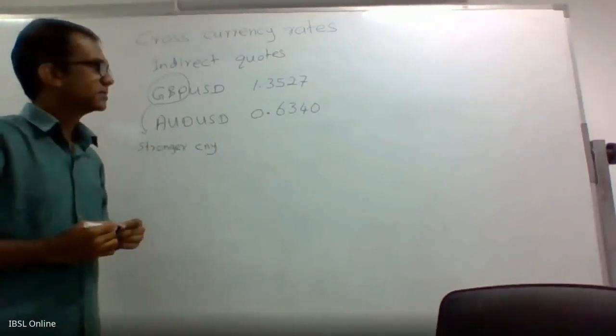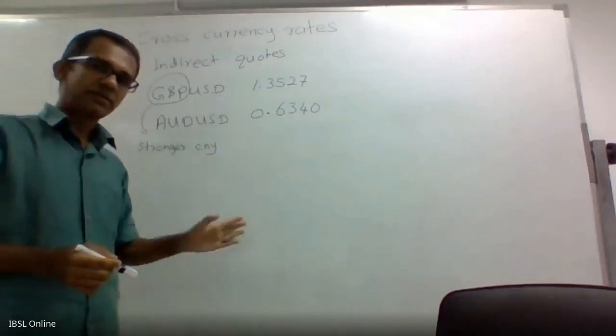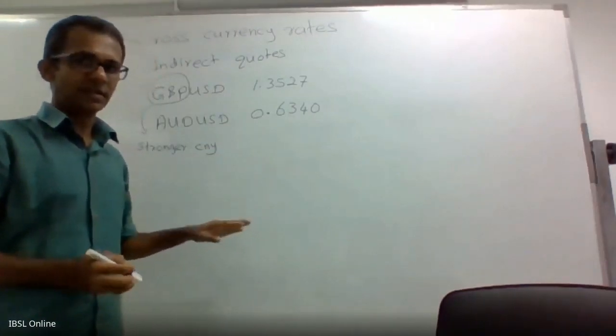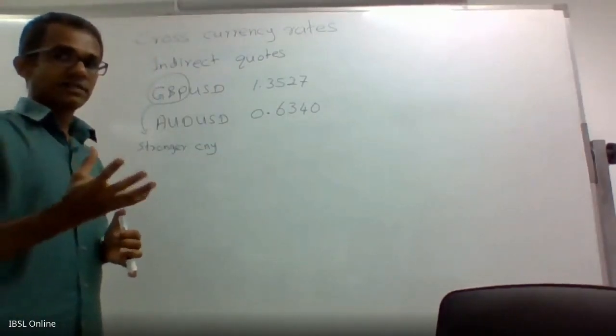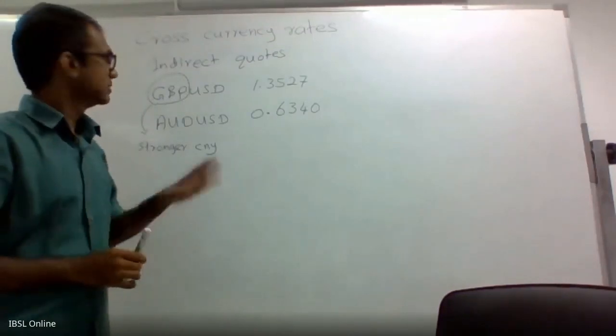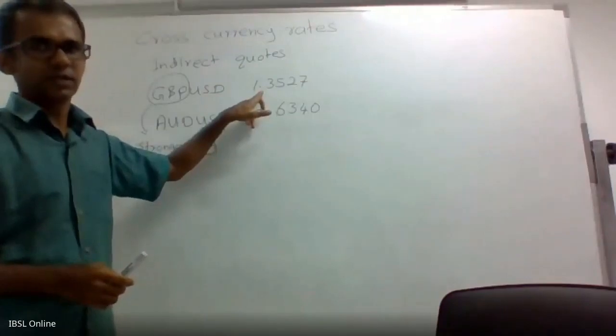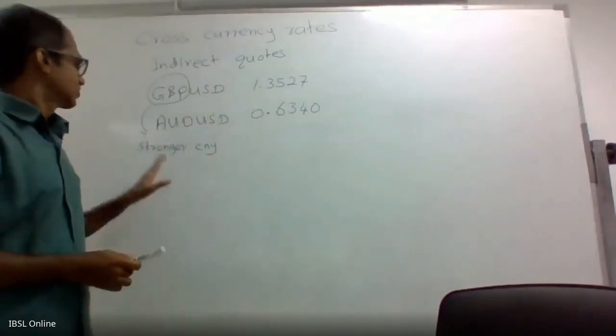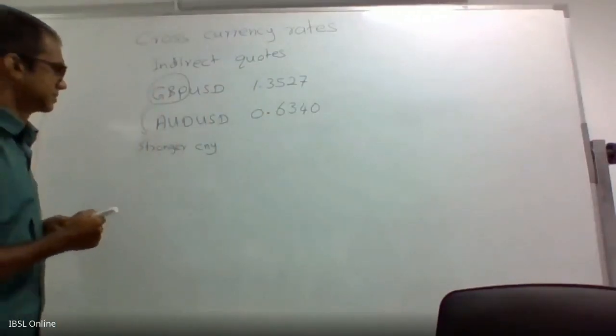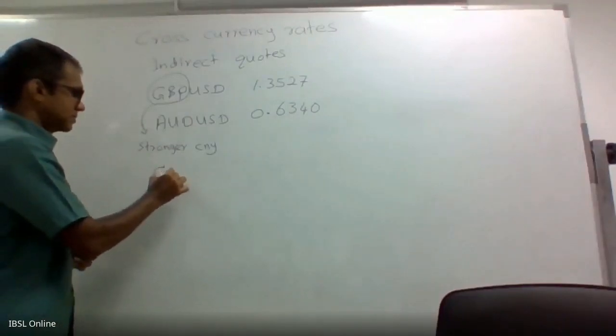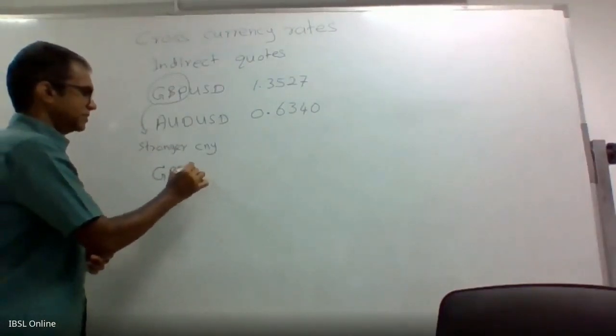Again, note that this is the opposite way in the direct quote. In the direct quote, the higher the number, the weaker the currency. In the indirect quote, the higher the number, the stronger the currency. So the stronger currency is sterling. Then we have to find the exchange rate of GBP